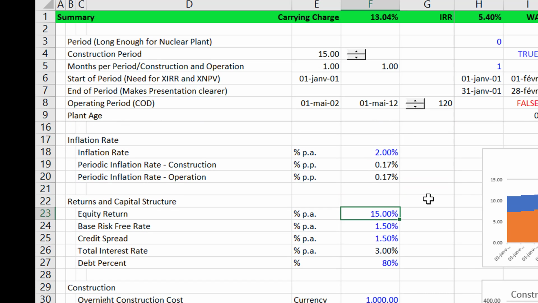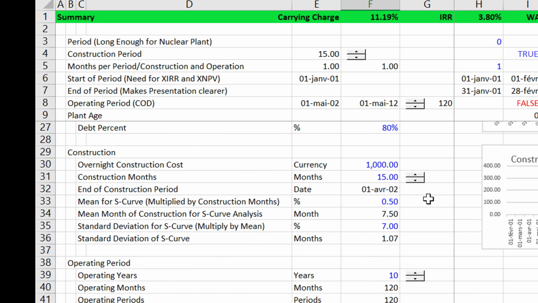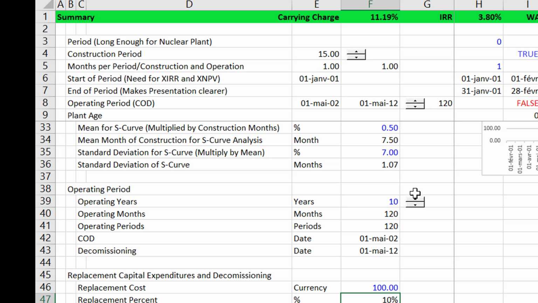This relationship, and I give you all these sensitivity and scenario analyses, but there's a relationship between the cost and the return and the inflation rate. If the inflation rate is 0, we get a higher carrying charge. If we put a 5% inflation rate, we get a much lower one. And then that all gets aggravated when you put a really long-term